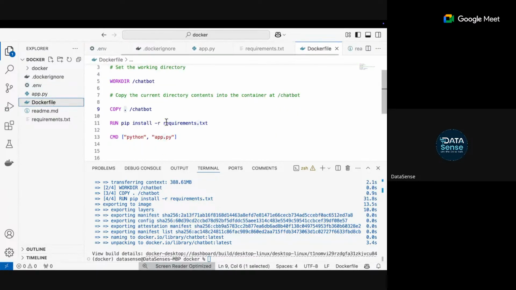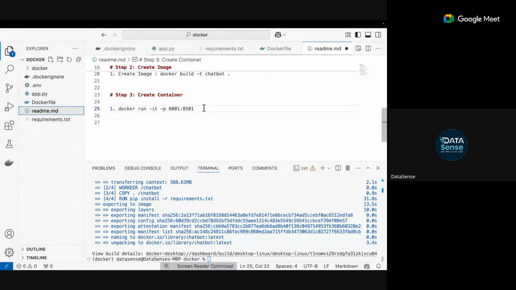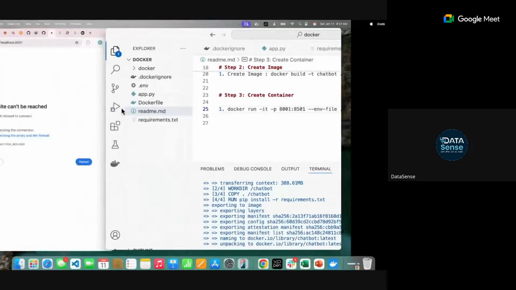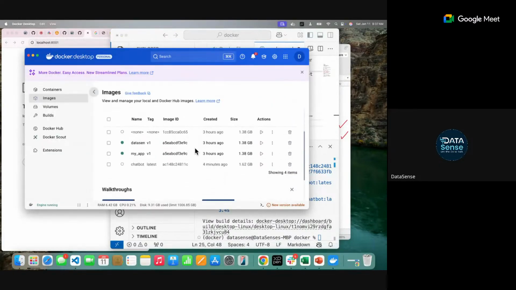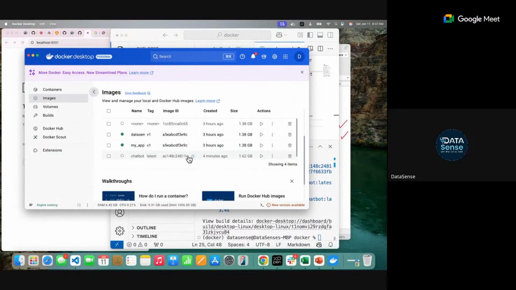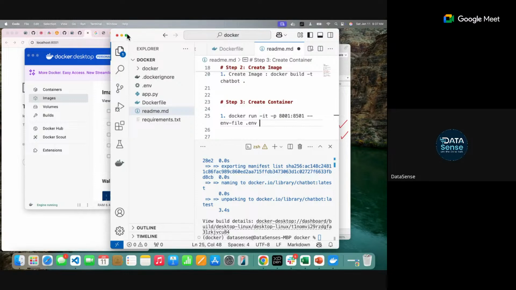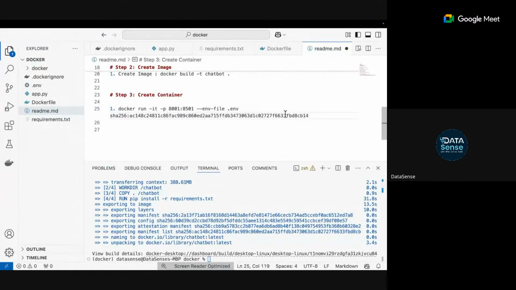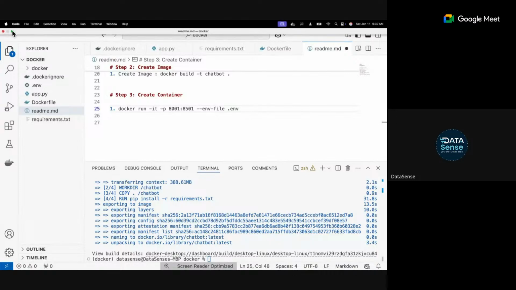So what we are going to do is write one single option: --env-file, where env means environment, followed by .env. It means I'm using this image with the .env file variables. After this I just need to pass the image ID which I had here. Or I can use the image name as well. What was my image ID? This was my image ID, ac14, something like that. I will copy this and go to my command. So this is the command which I'm going to run. Sorry, I did it.